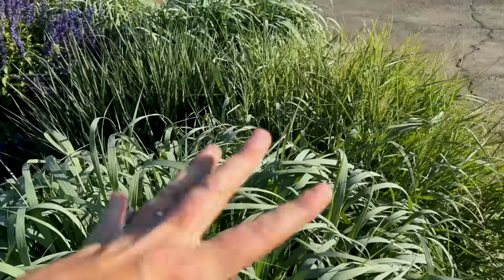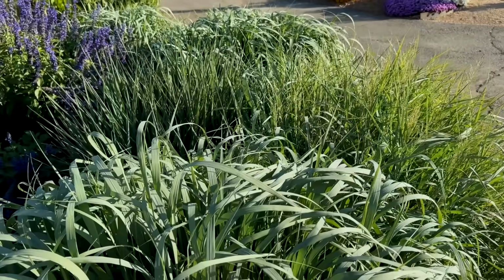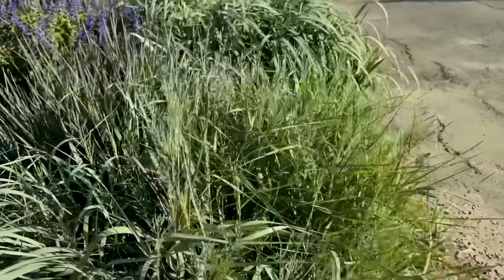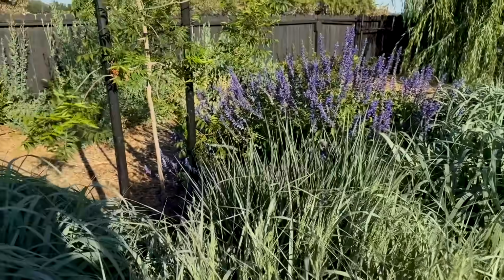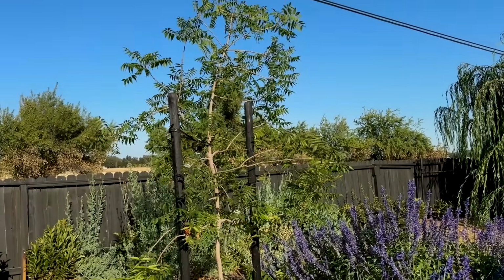And it gets this kind of fuzzy look to it. And you can leave them up all throughout the winter. And it's just the coolest grass. I love it. I love it more than I love purple fountain grass, and I love purple fountain grass. So really beautiful. And behind that, I have my Chinese pistache tree, which completely leafed out this year,